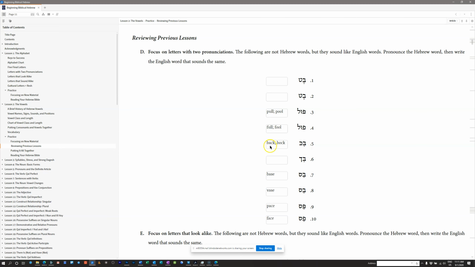I pronounce the patach as the a as in back, but some pronounce it as the a as in father, and so that's why I have bach here as an option. So the difference between 5 and 6, 5 would be back, and 6 would be bach. Or you could say 5 is bach, and 6 is bach. So you can hear, hopefully, the difference in the sound there. All right. So that's 5 and 6.